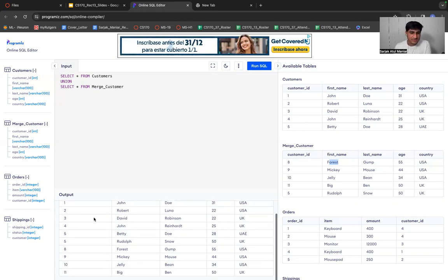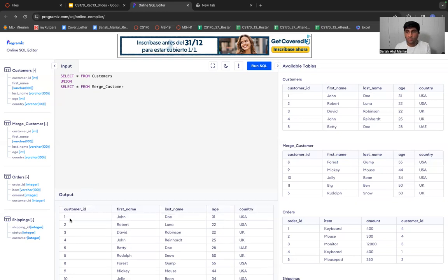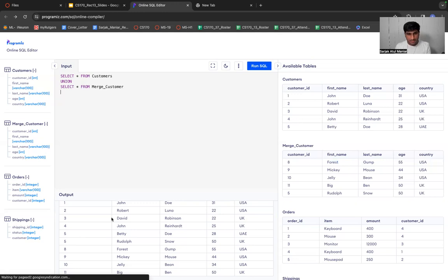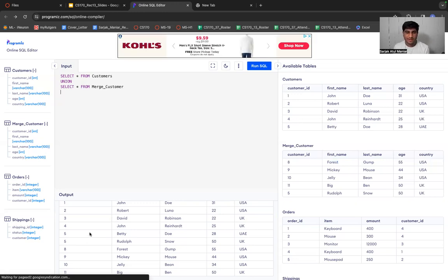For the sake of practicing, it's fine. But in a real life scenario, we want our customer ID values to be unique. No 2 persons can have the same value for the customer ID, right? We see that Betty and Rudolph have the same customer ID value of 5. So can we change the values of the customer ID? Is there any way? For that purpose, let's understand about updating the records of our table.